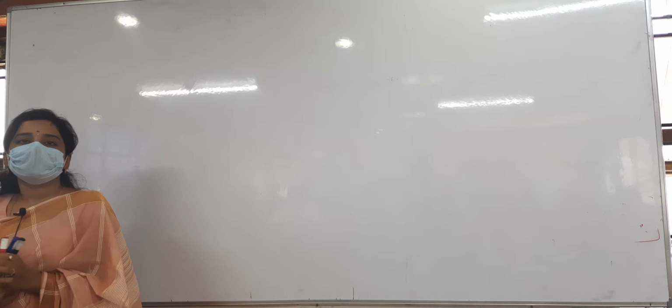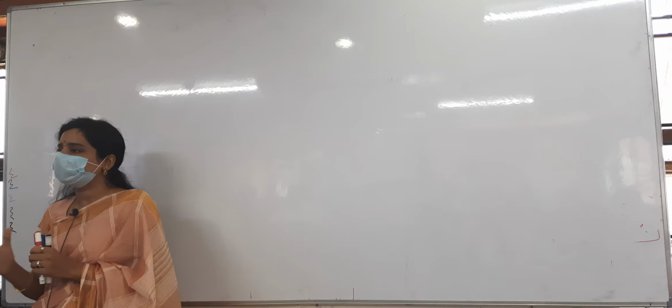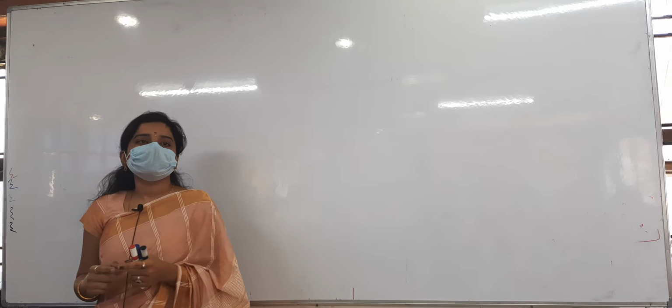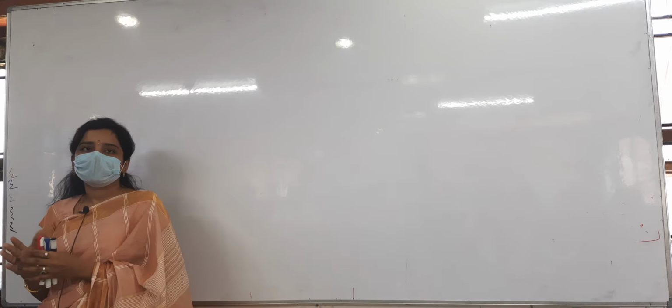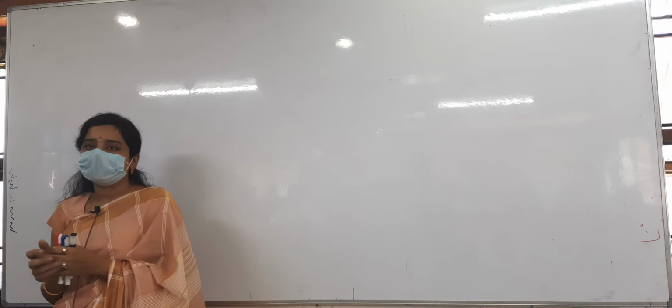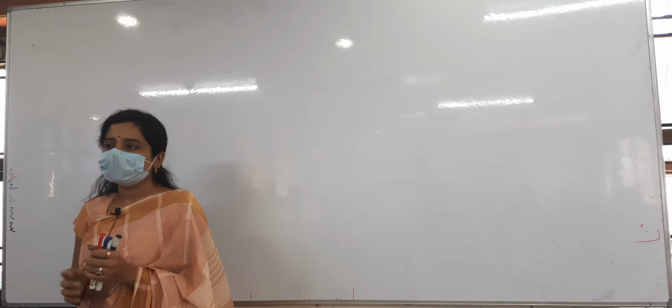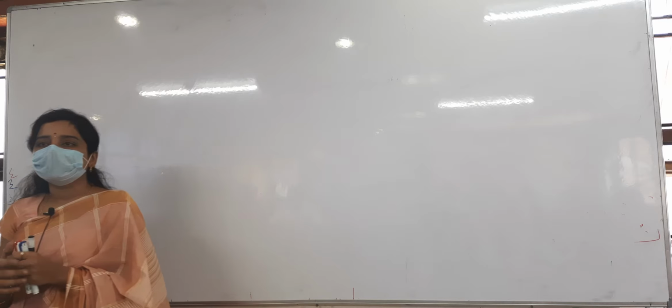Whenever you raise the power of 10, it will not affect the significant figures. Also, whenever you change the system of units from SI to CGS, or to millimeters, it will not affect the number of significant figures. That is about the basic rules of significant figures we have taken. After that we have seen rounding off.